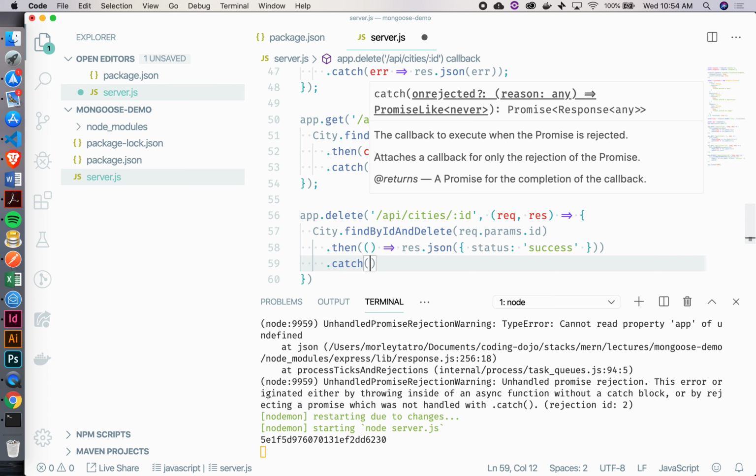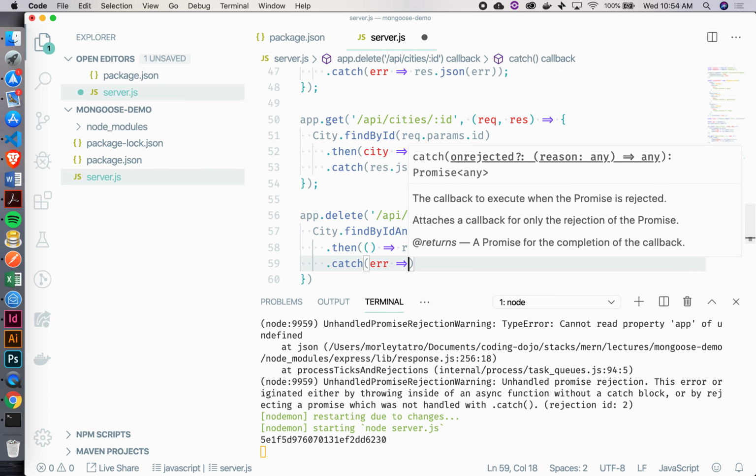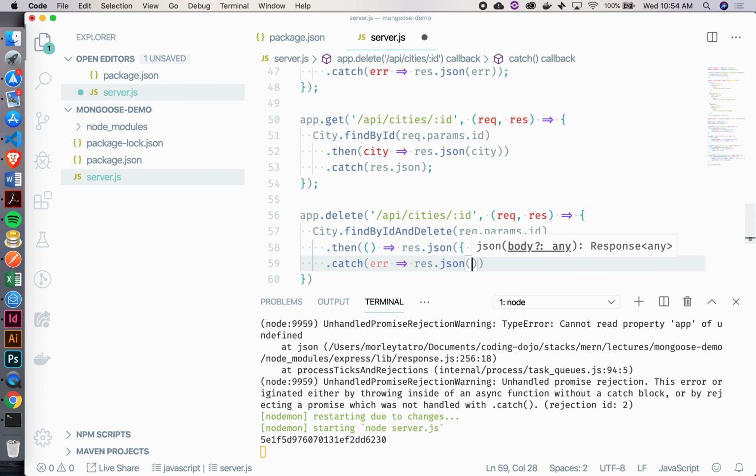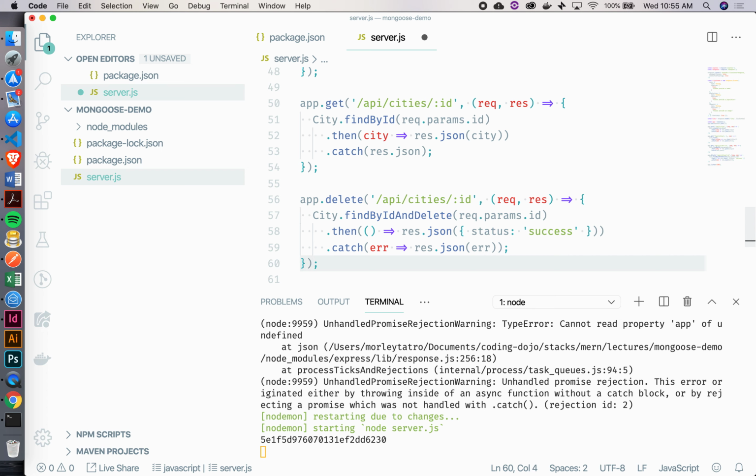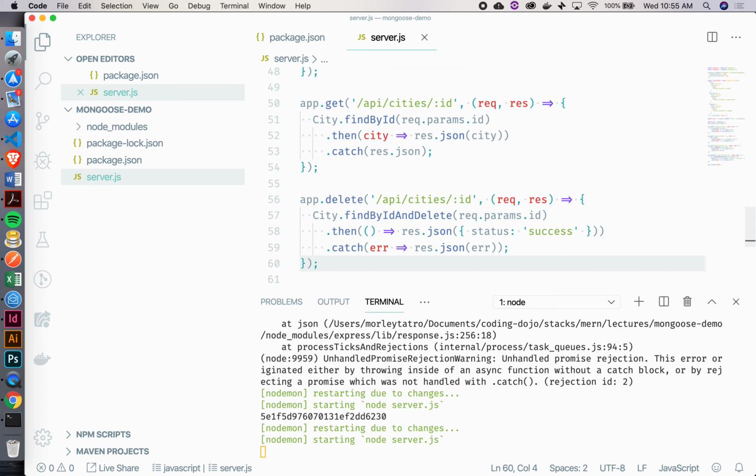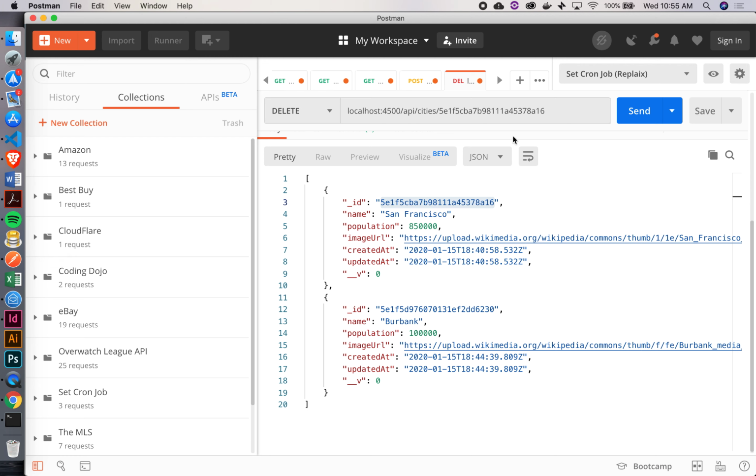And that's the one that we're going to use. So if something went wrong, again, I can just send that back. Is the rejection for this promise also handled? Let's try. Let's enter in a bad ID. It should. So if I want to delete,